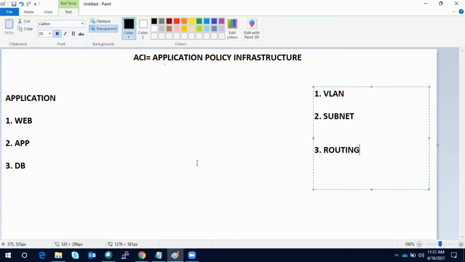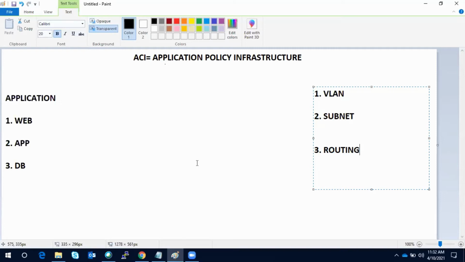Now, how does ACI solve this problem? Initially, when there was no correspondence between the application and the network layer, it took a long time to deploy an application. And it is the application that brings revenue to the customer. So we build infrastructure because we have to run the application on top of that infrastructure.